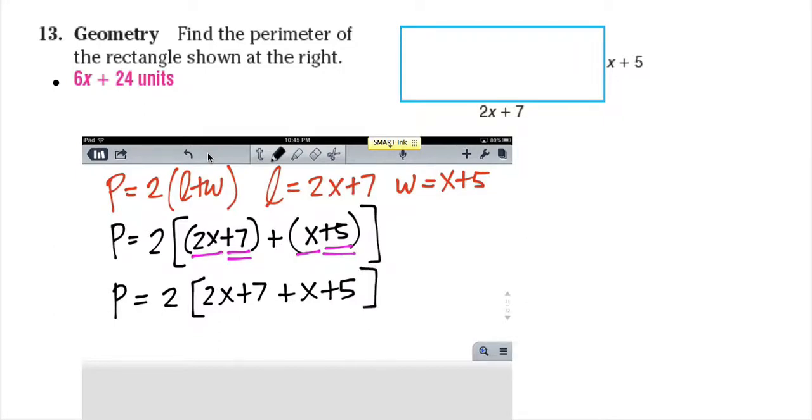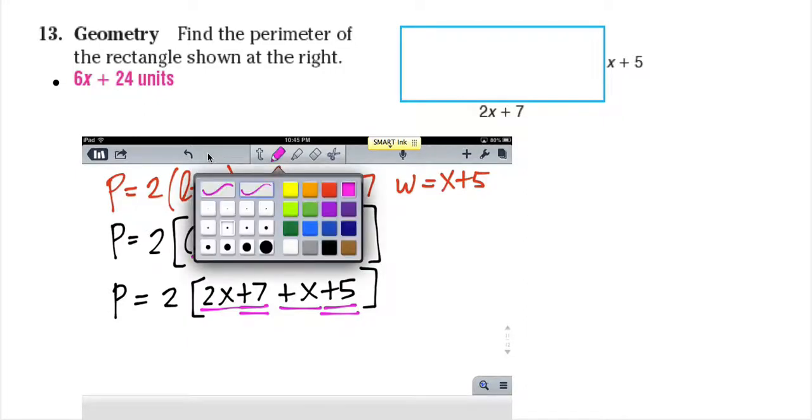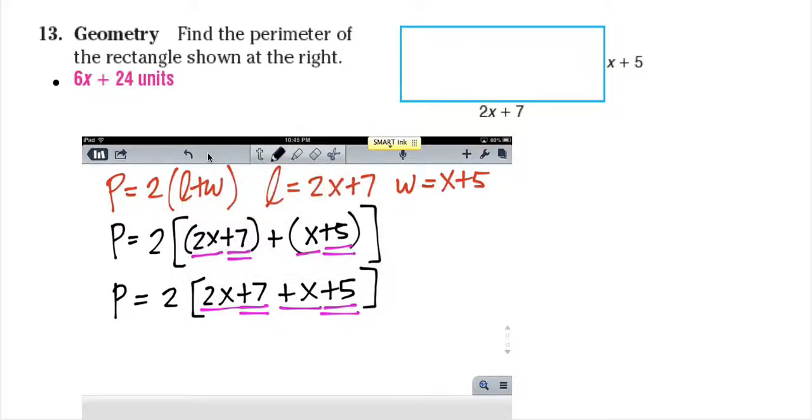And these are our like terms, right here, right there. Again, I am also underlining the operation before the number because that tells me the sign of that particular number. So p equals 2 times 2x plus x equals 3x,